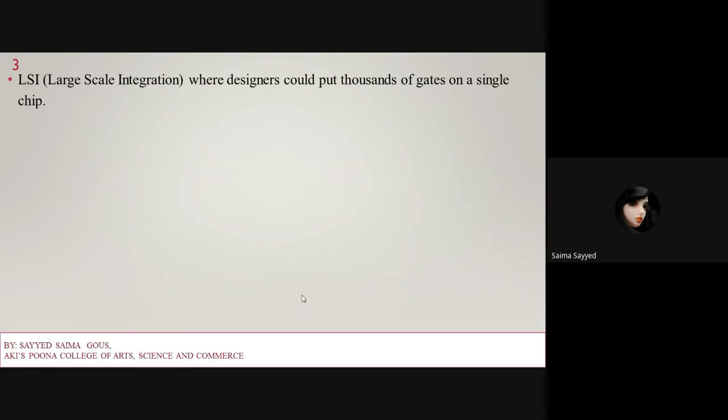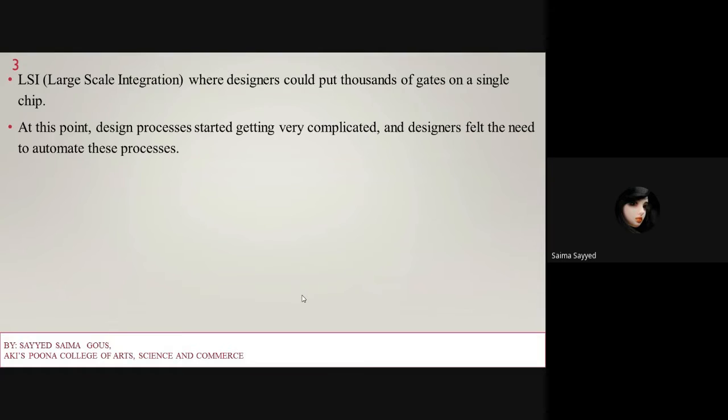Afterwards LSI, large scale integration, came to the picture, where designers could put thousands of gates on a single chip.